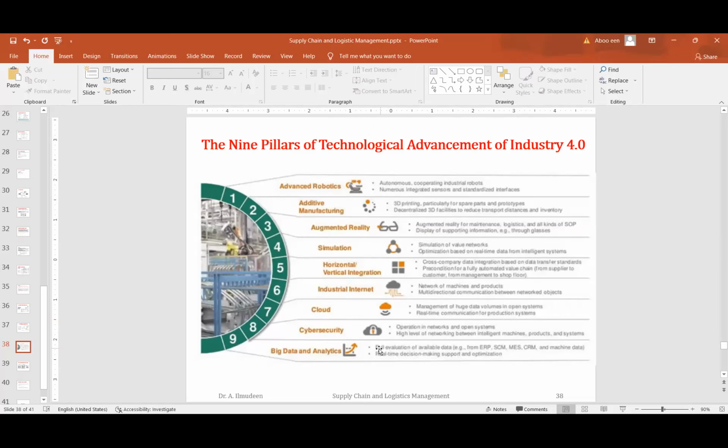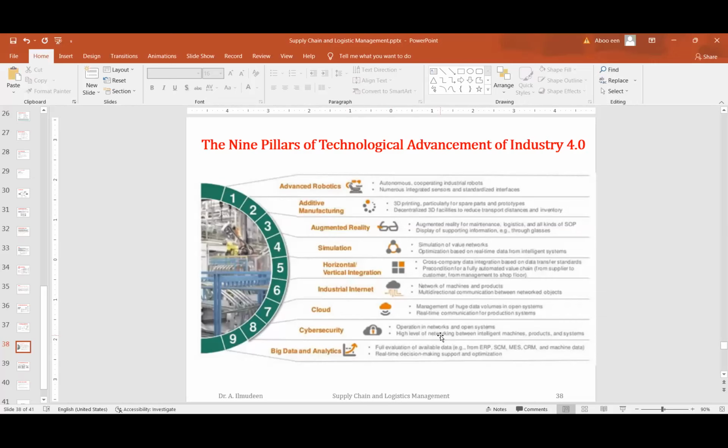Cybersecurity. Operation in networks and open systems, with a high level of networking between intelligent machines, products, and systems. So trade secrets, trade formulas, business contracts, and various manufacturing schedules and formulas can be kept in a secure environment. They have separate, dedicated, highly secured networks, so their systems are safe from all the security threats. So cybersecurity and a protected network environment are needed for the smooth operation of